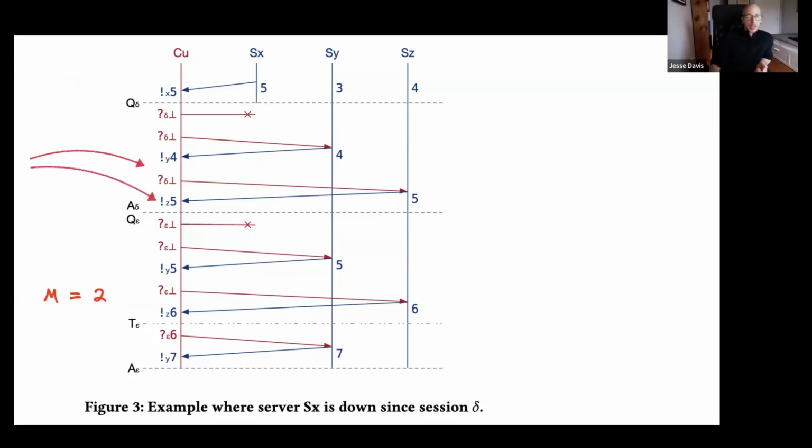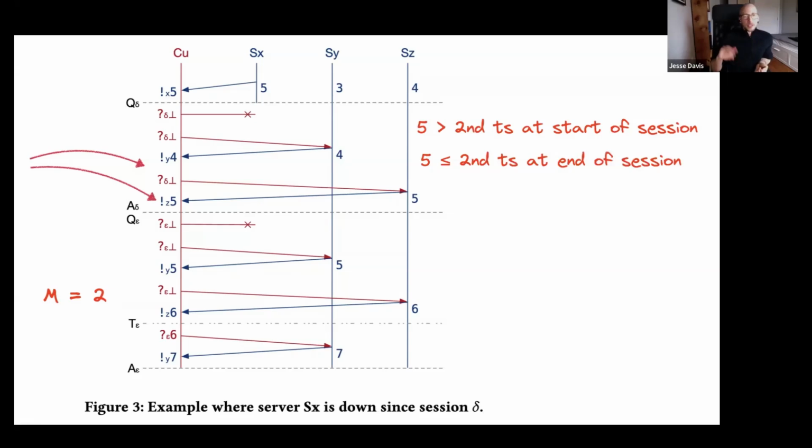And how does the client know that it can do that? Well, it knows that 5 is greater than the second smallest timestamp at the start of the session, because it knows that both X and Y started the session with less than 5, because it got 4 and 5 from them during the session.